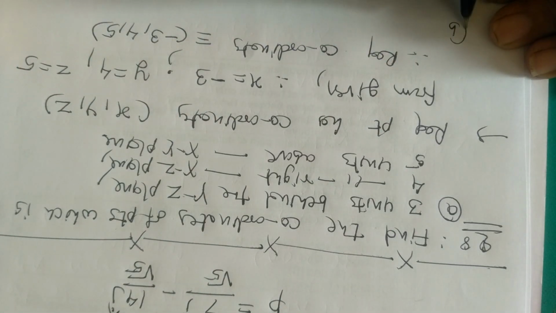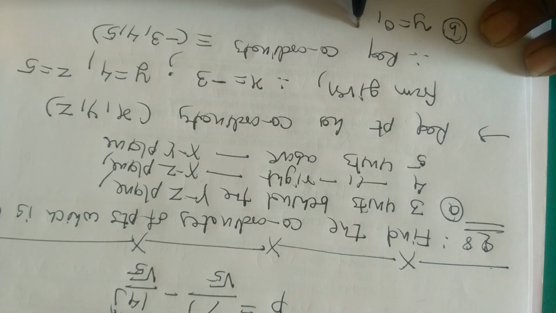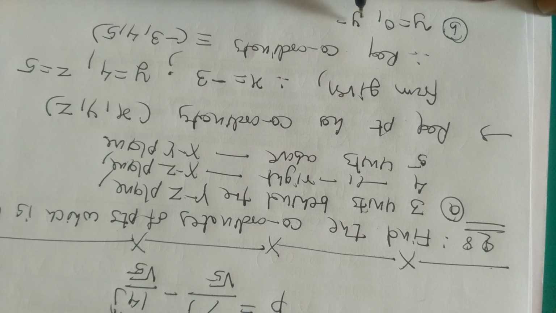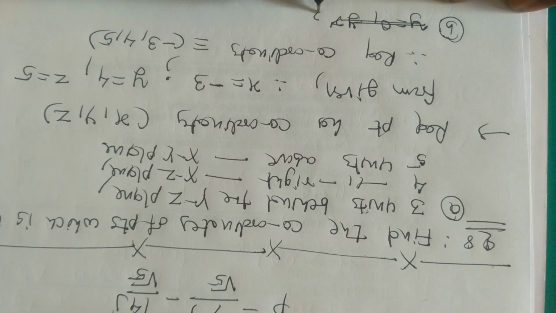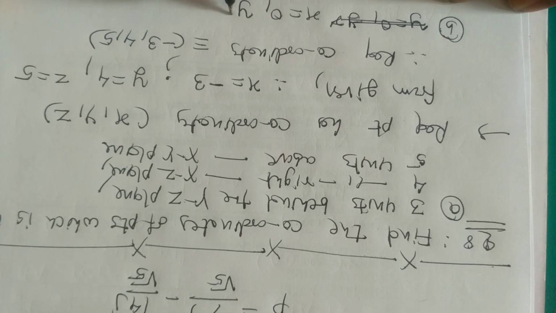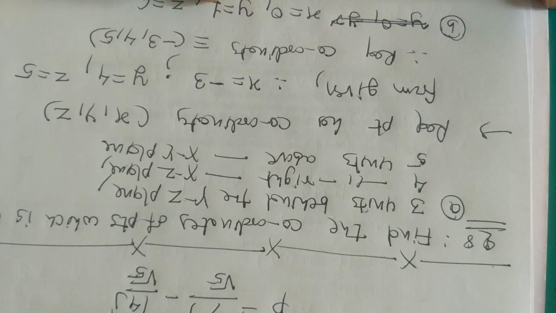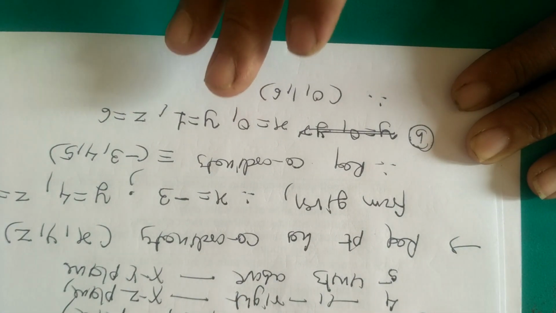So by the information for the second question, that point is located in the yz plane, means take x is equal to 0, the value of y is equal to 1 and the value of z is equal to 6, and therefore for the second question the required point is 0, 1, 6. From the given information we take that the point is 0, 1, 6.